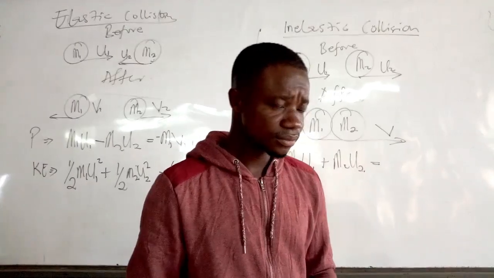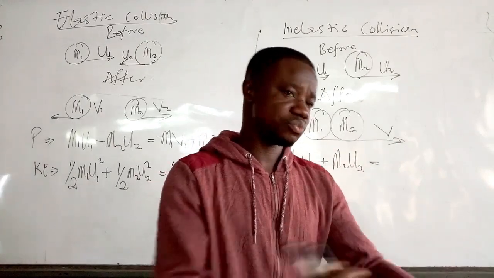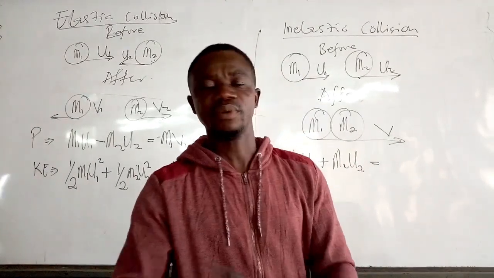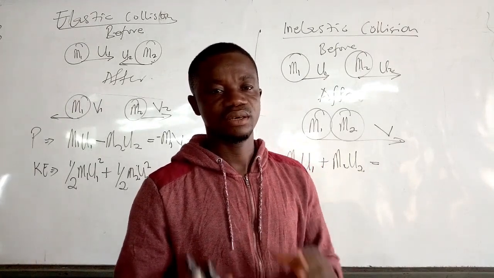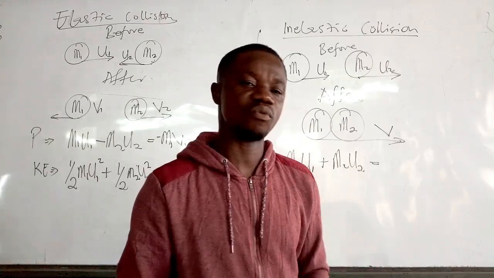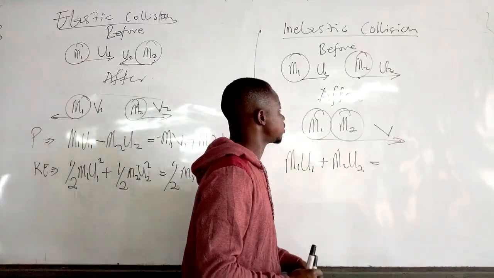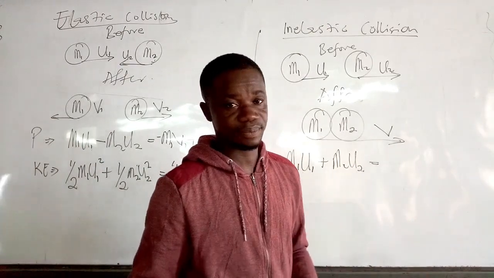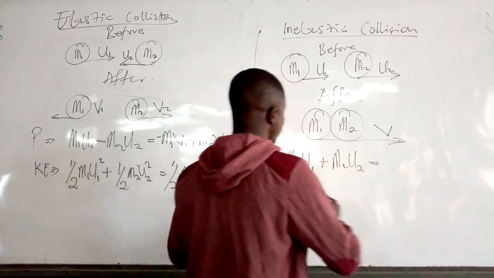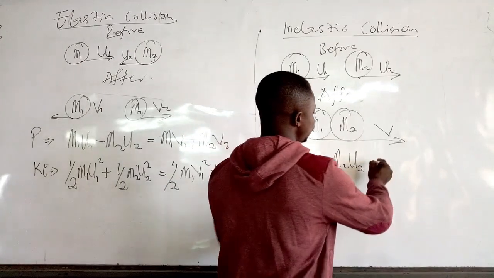Their momentum before collision and the momentums after collision are equal, are the same. That is what the principle of conservation of momentum says. Good. So this takes place when there is no external force acting on the body. Exactly. Good. So we say that M1U1 plus M2U2 is equal to